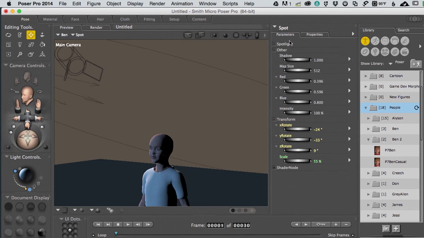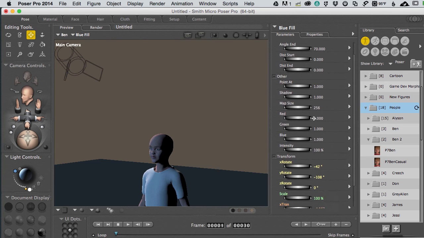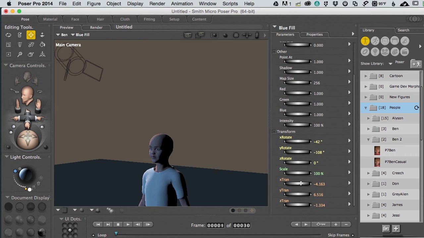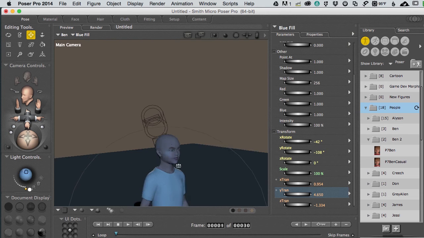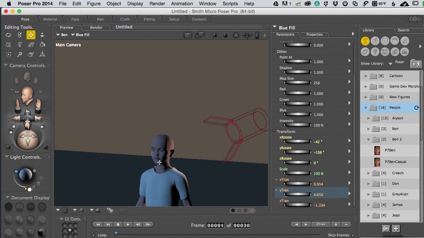So now when I come over to the parameter dials and say, okay, let's move this in X space here a little bit. Transform, we don't want rotate, we want move. Let me highlight that so I get that. Okay, translate. I'm going to move this and get it on the other side of our character, and you see the light now is just pointing at the character. What a time saver this is. I'm going to go ahead and bring this down here a little bit, and as I rotate around my scene, maybe okay, let me move it back in space a little bit,